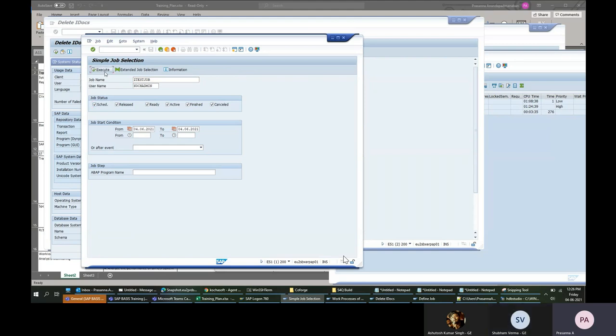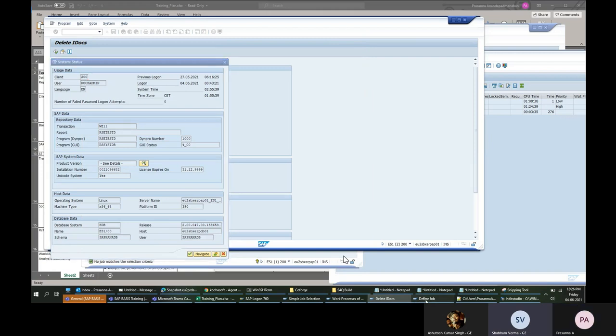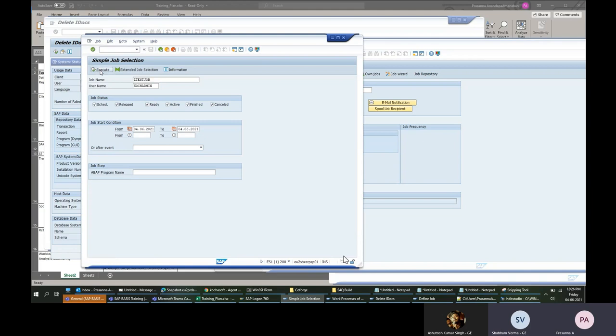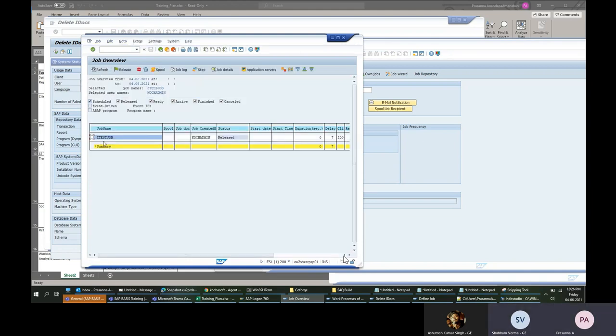Okay, I forgot to save. If you see, you can see this job name. It will still be waiting for release. Whenever the time comes, it will start running. So SM36 is where you define a job, and SM37 is where you go and monitor the job.